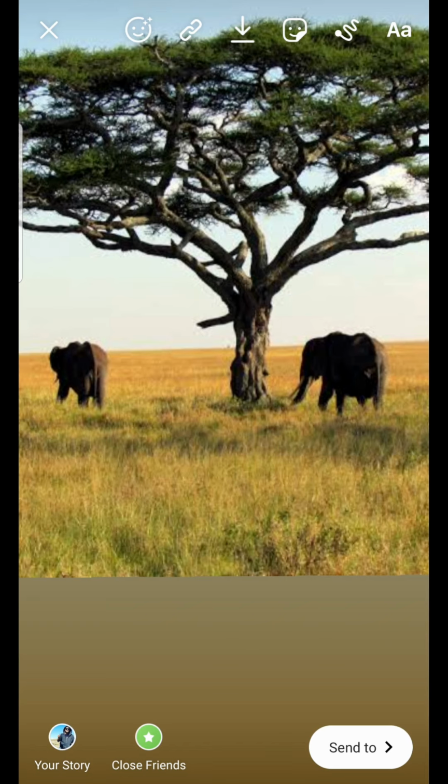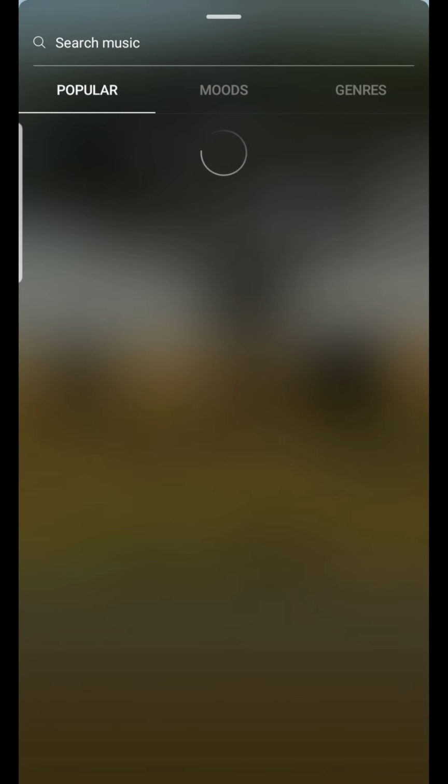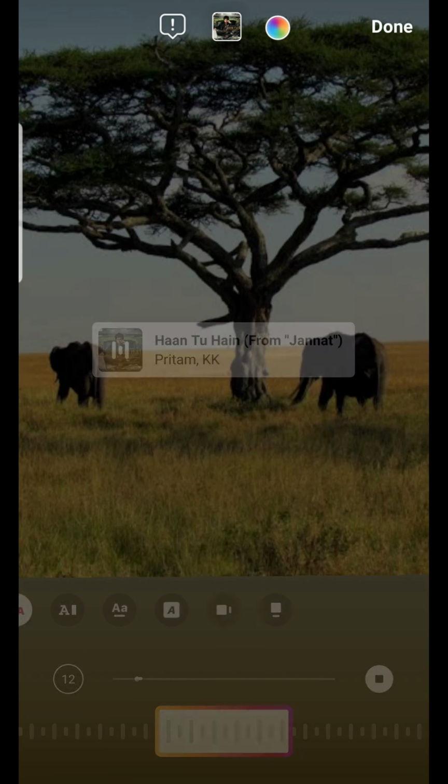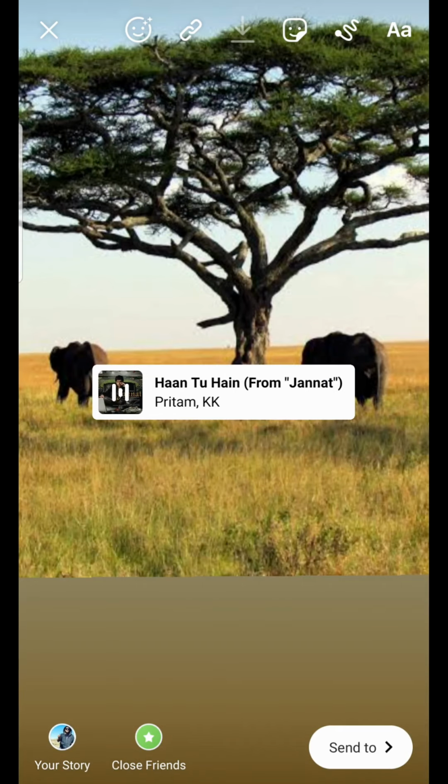Once you are done, on the top you can see the sticker button. Tap there, then you will see music. Tap there and choose a music. Sorry, because of copyright I can't play the music here. Once our music is selected,